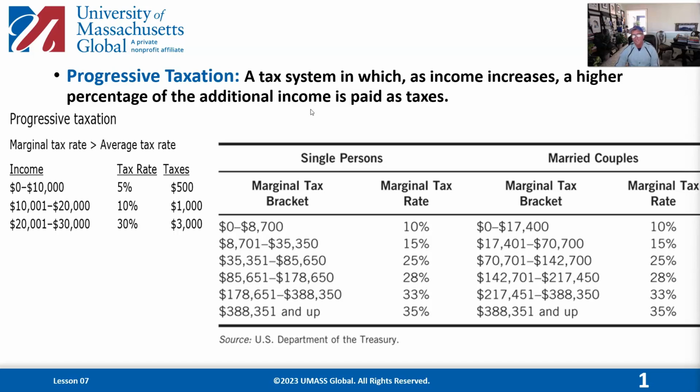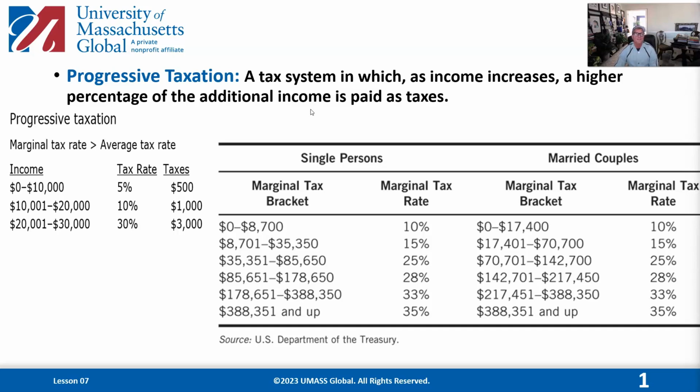The slide before you talks about what's called the marginal tax rate. And how our system works is that you pay a certain rate based on how much you make, but the more you make, you pay a higher rate on that specific income. So you wouldn't pay your entire salary or revenue or income on that higher rate. As an example, if you make $85,000 to $178,000, you'd pay 28% on that income within that range. But if you make over 178, let's say you make 178 to 388, then you would actually pay 33% on that additional income. So you would pay some at 28 and some at 33.